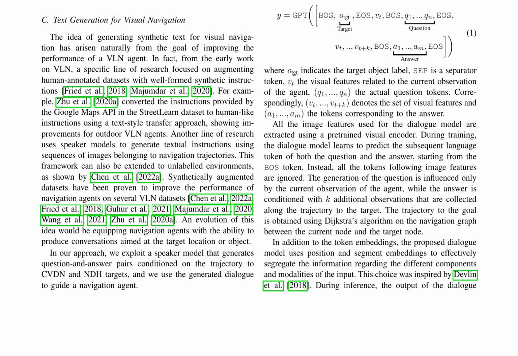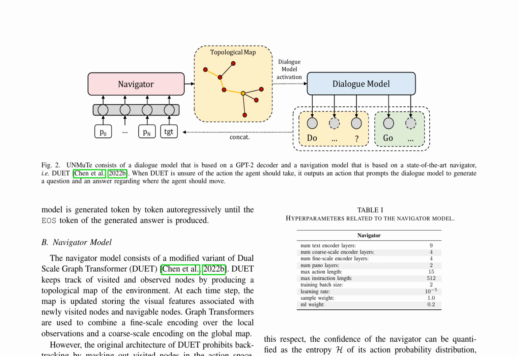The prediction of the next location considers an action space comprising all possible navigable nodes in the graph, including a stop action. The dialogue model generates question and answer pairs when the trajectory to the target is not clear. The confidence of the navigator is quantified as the entropy of its action probability distribution, and when the entropy exceeds a threshold value, the navigator triggers the dialogue model. The conversation returned by the dialogue pair is concatenated to the input of the navigator to recompute the probability distribution